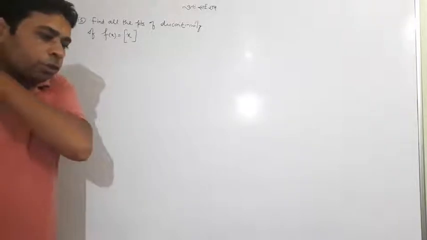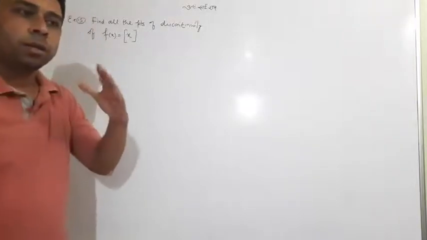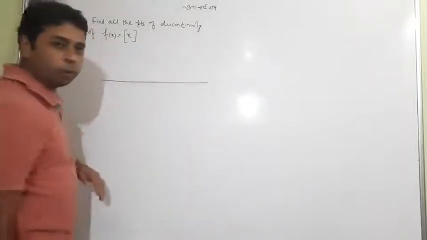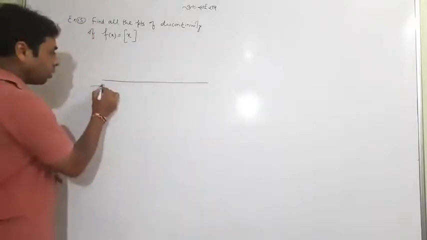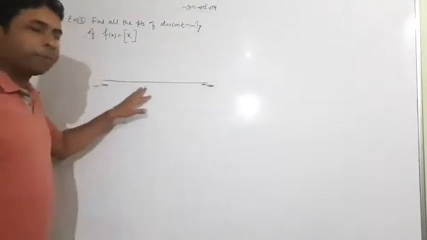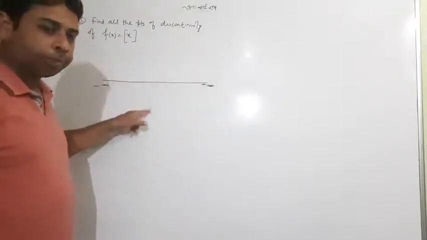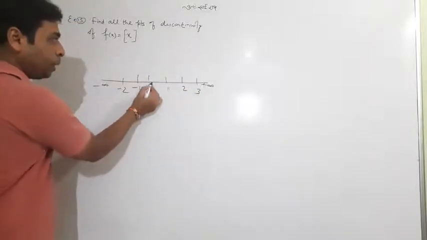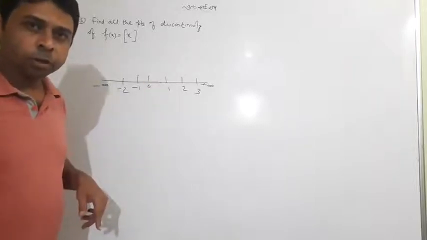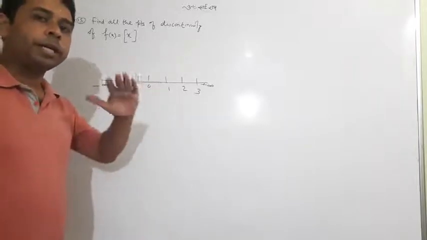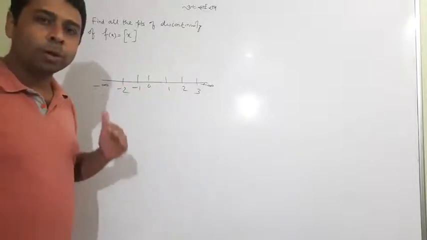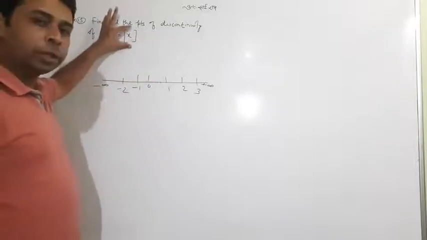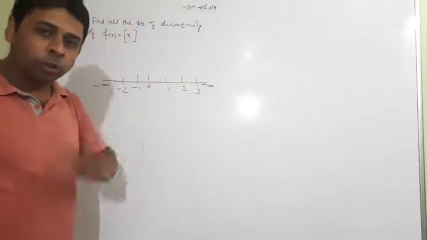First of all, we'll discuss two things, the integer points and non-integer points, because on the real number line we just have two kinds of numbers. First, integers, and between them are non-integers. So we discuss only two kinds of points, integer points and non-integer points. One by one we will discuss the continuity of the function at integer points and then later at non-integer points.